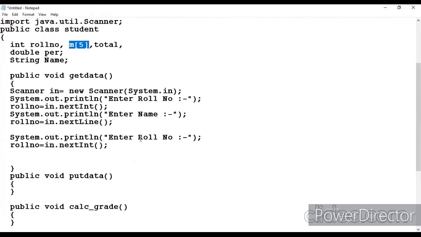If I want to enter a subject's marks, you have to give the subject plus subject marks.